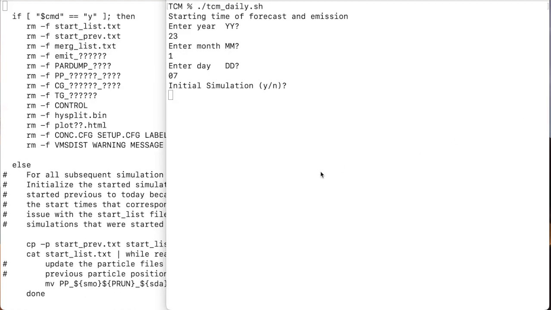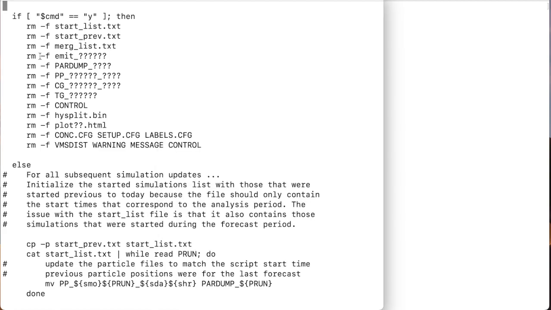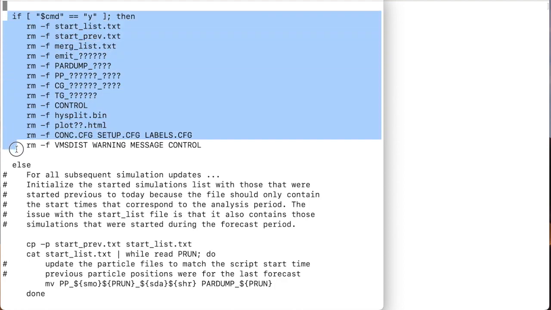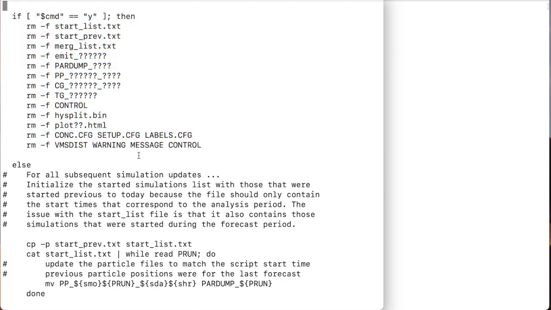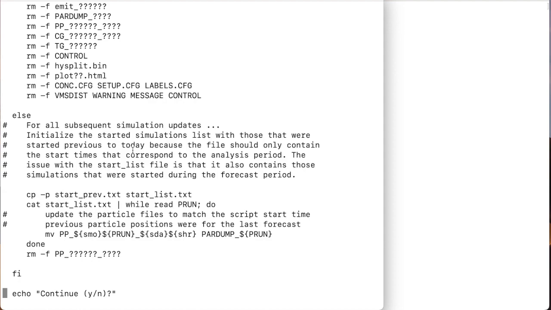The initial simulation question is the most important. Yes means it is the start of the event, and all the temporary and intermediate files from any previous calculations will be deleted. A no response means that this is a continuation of a previous event. A continuation means that the list of the simulation start times from all the previous days will be copied to